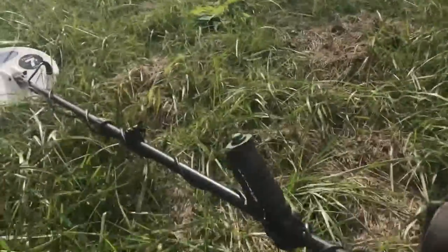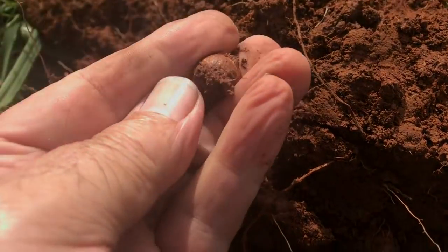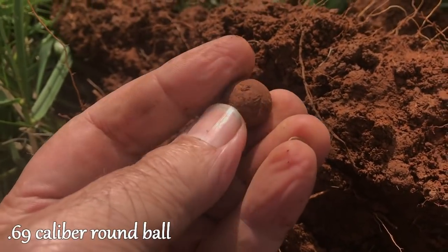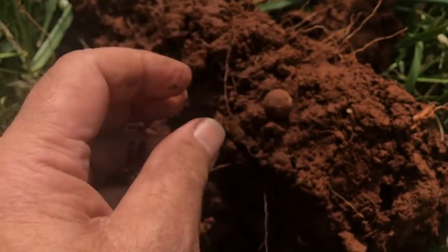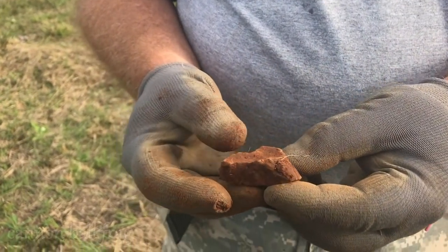There's Tim and there's Ron. Here's my first signal out of this field. It's a 69 round ball. A lot of red dirt here. It's like digging in Virginia. I'll take that. But that'd be, Ron's got a cannonball frag here